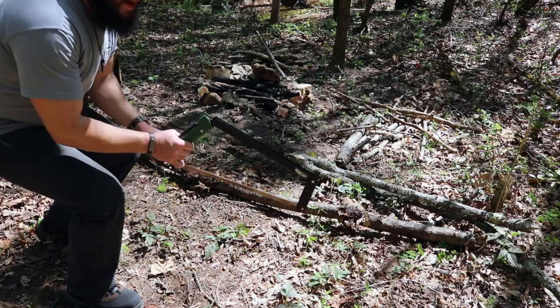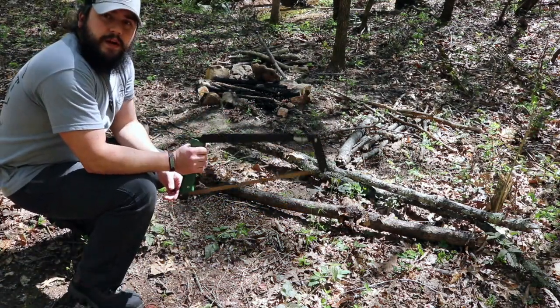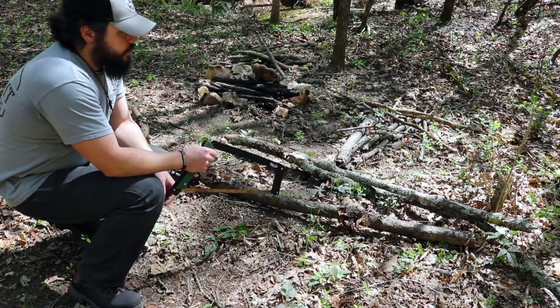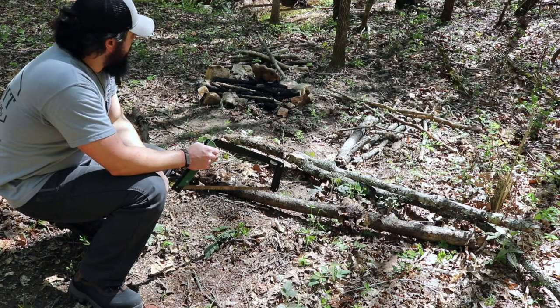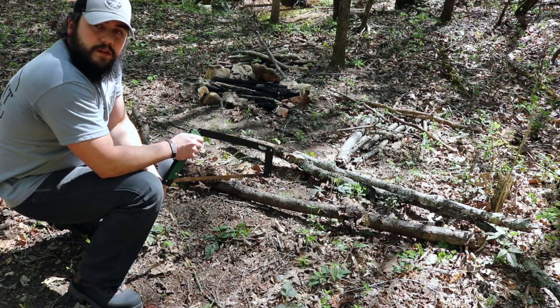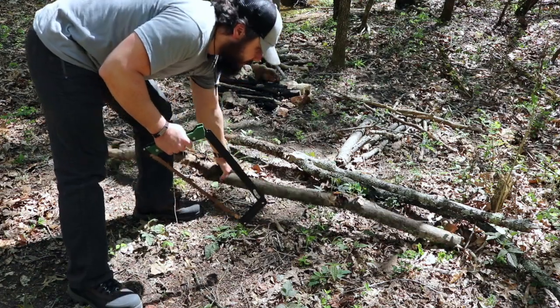Okay, so I've got some decent sized limbs and branches and stuff back here. There's actually really good amount of deadfall out here on the ground. And I have some firewood from the last time I was back here. I forgot about that, but I've got that behind me here, and that's already pretty well processed up. So I got some stuff off the ground over here in the woods that I can use for it. But the great thing about this one,